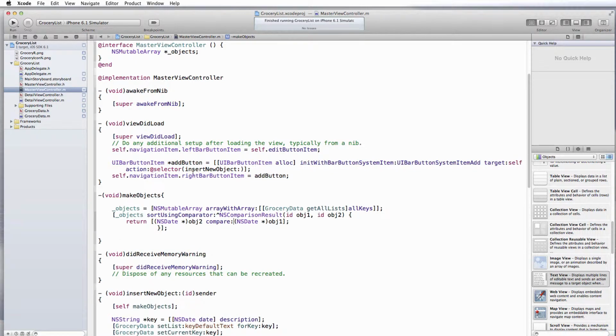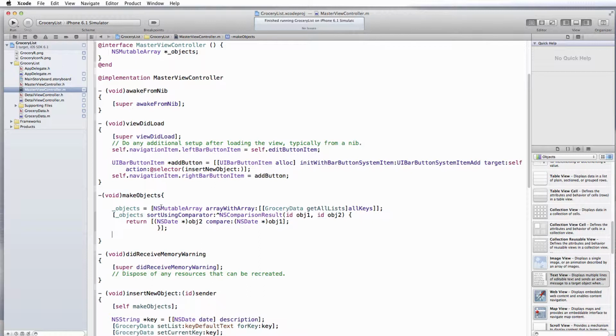Now we're lucky because Objective-C gives us code and some classes and methods defined in our framework, so it will sort it for us. And I've added the code to our makeObjects such that when this array is initialized, it's going to be sorted so that the newest items are up on top.